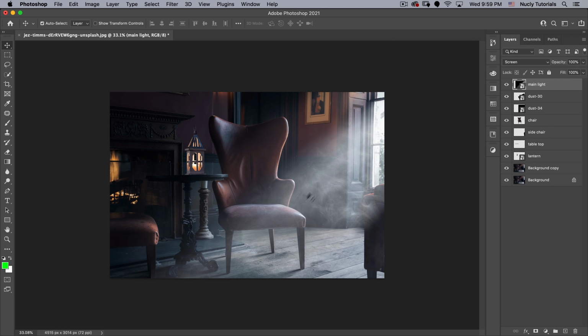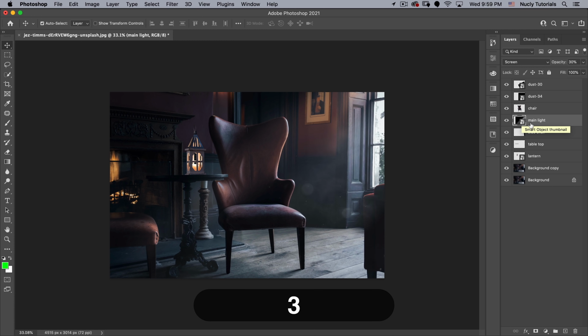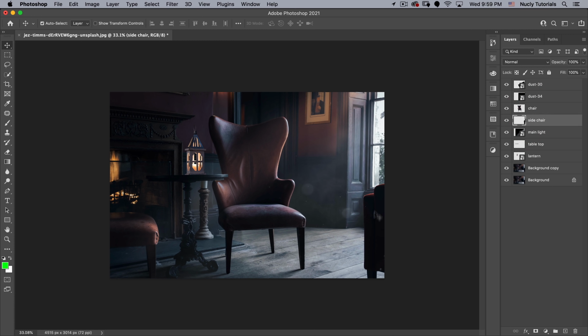And I want this to be both behind and in front of the chair. So I'm going to go ahead and drag it behind the chair like this. And for this bottom one, let's put it on 30%. I also want it behind the side chair. So let's drag the side chair above it like this. And actually I want this chair to be underneath the side chair, because now what I want to do is